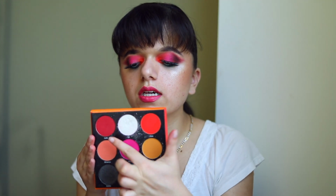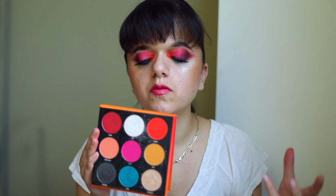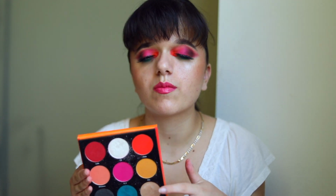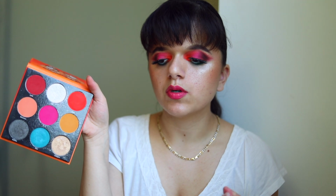These 3 colors are absolutely beautiful mattes. I love them to pieces. I'm wearing them all on my eyes today, and I'm wearing this color in my inner corner. I just like this palette so much. I love it so much, and I definitely think that this palette surprised me, because looking at this color story, I don't know why, but when I first saw this color story, I wasn't that into it. But now, the more I have used this palette, I have just found myself falling in love over and over with this palette,